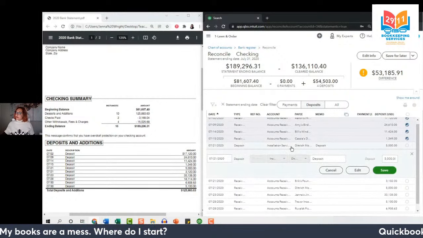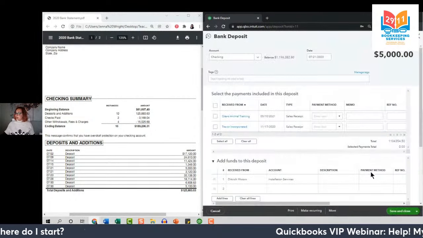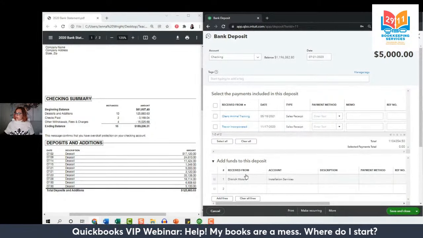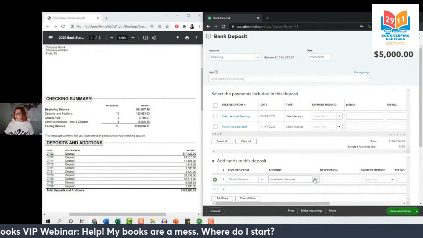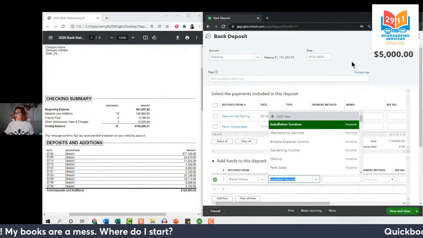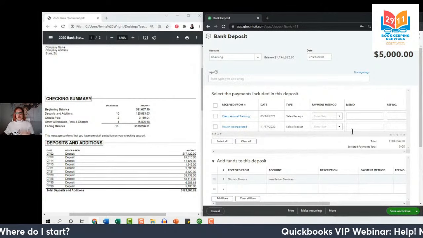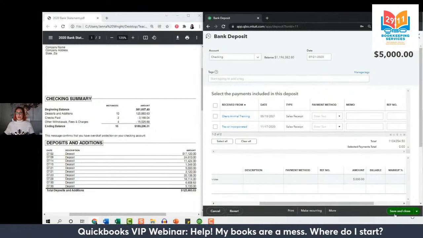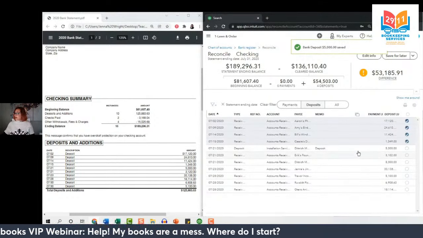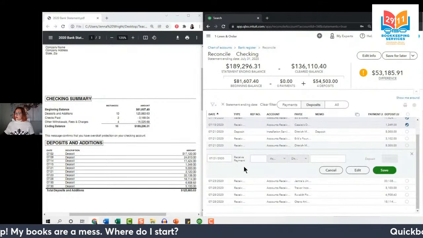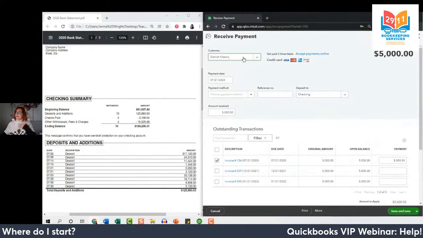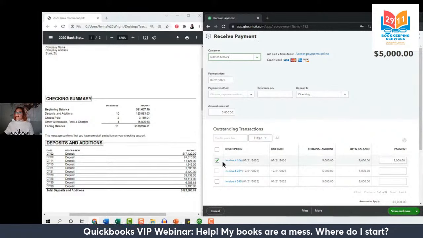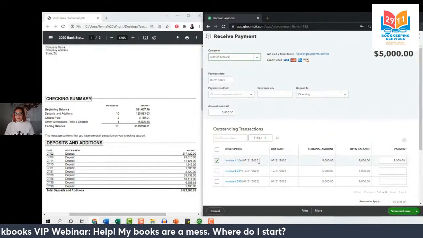First, I'm going to select this deposit transaction and select edit, and that'll take us right there. Now, it looks like this did occur on the 21st of July. It's from Dietrich Motors, but I just have here in the account field an income account. This is not connected to an invoice. Now, it is in the amount of $5,000, so let's investigate the other transaction and see, is it the same or is it different? If we scroll down here, there's the receive payment. Let's click edit. It looks like it has the same customer name and the same date. But this transaction is connected to an invoice.